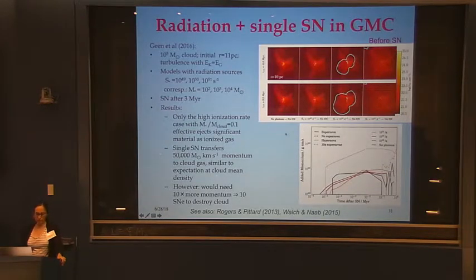In fact, in this particular simulation, the cloud is still around after the supernova goes off, and you can kind of make an estimate of what you would need in order to destroy the whole cloud. If you compare the momentum from that one supernova to what you would need to actually destroy the whole cloud, you would need about 10 supernovae in this particular model. But more generally,